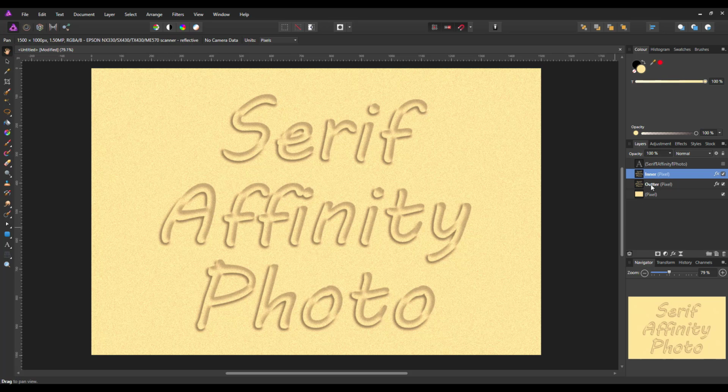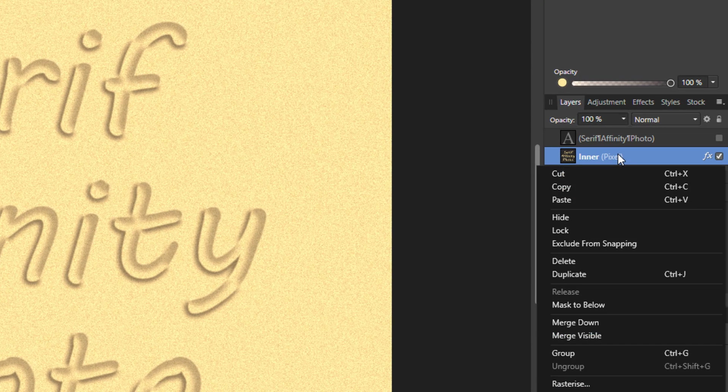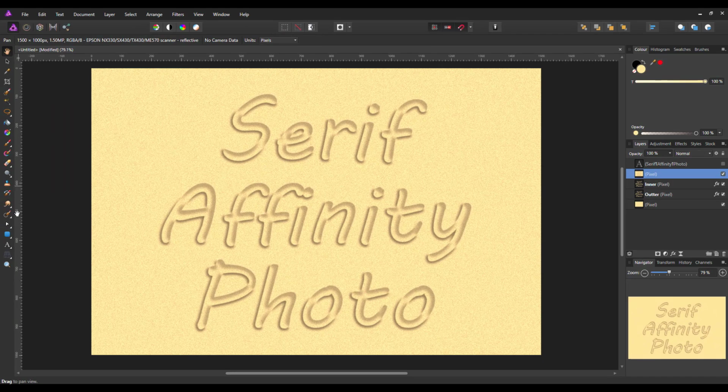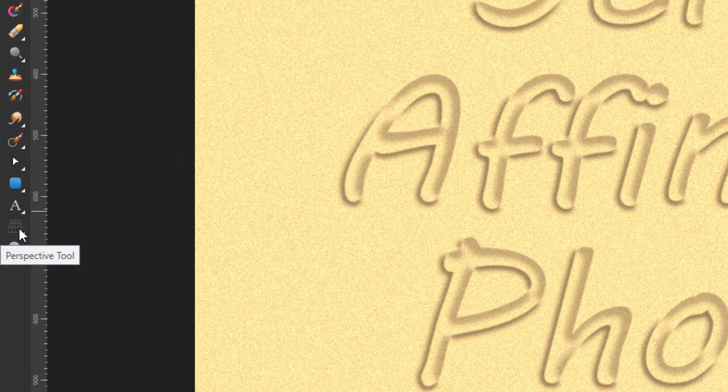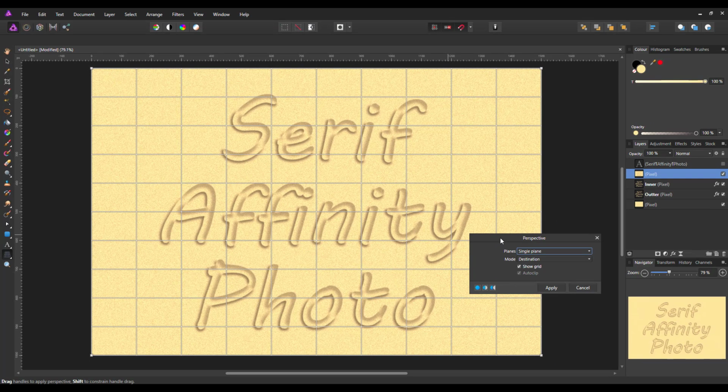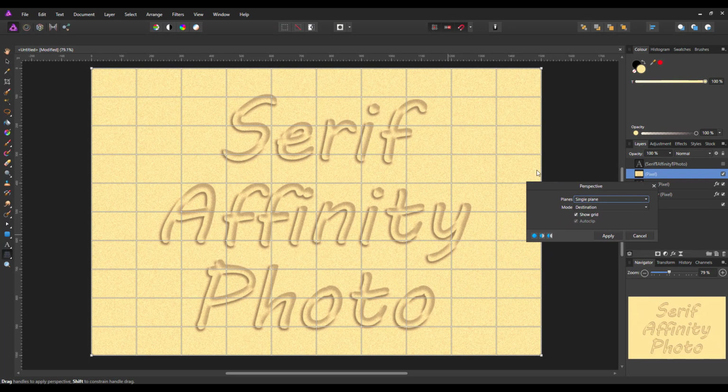So what I'm going to do now is I'm going to right click this layer and come down to merge visible, which will make a new layer which is a combination of all the layers below. And then I'm going to come to the perspective tool, which is in the same menu as the mesh warp tool, and it will bring up this grid that's on the top of the layer,